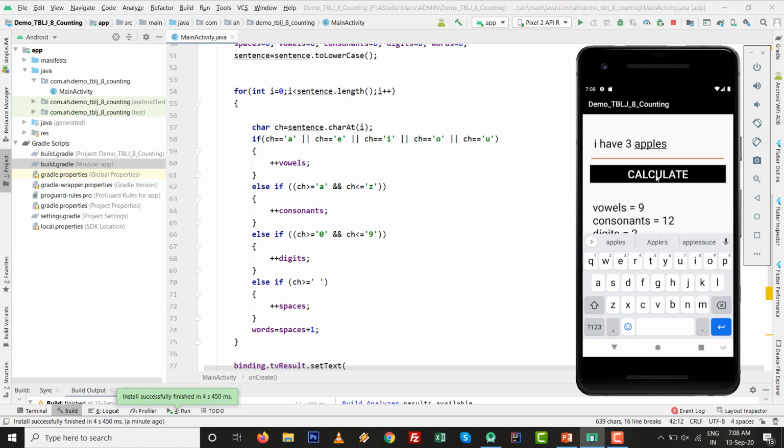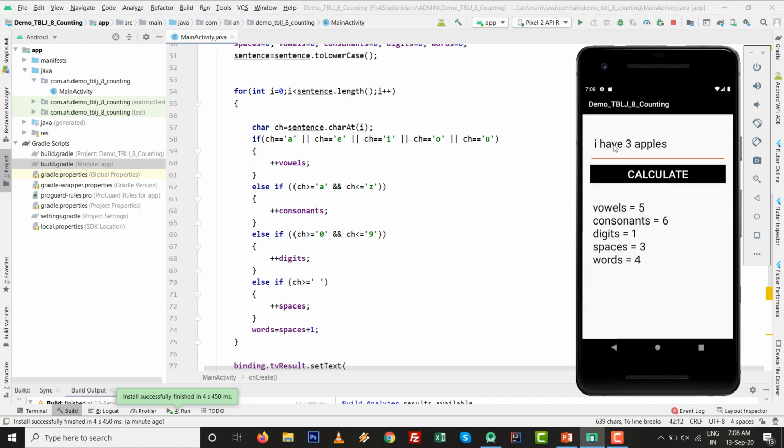See, 5 vowels; then double P makes 4, 5 and 6 consonants. There is 1 digit. Spaces are 1, 2, 3 and 4 words. So I think it's okay.